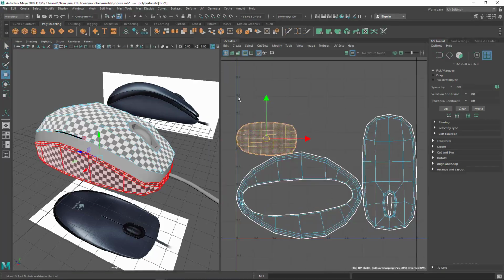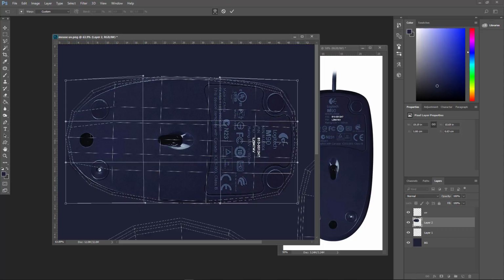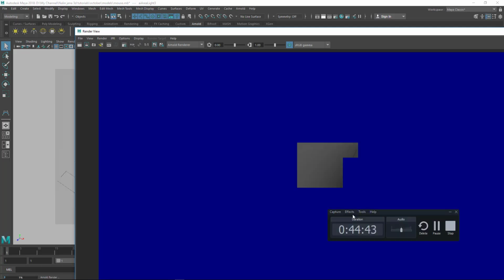Hello friends, in this part 2 video I'll be texturing the mouse. I have modeled the mouse in a separate video. If you want to check that out, I have put the link in the description. By the end of this tutorial you are going to learn basic UV unwrapping, texturing in Photoshop and rendering using